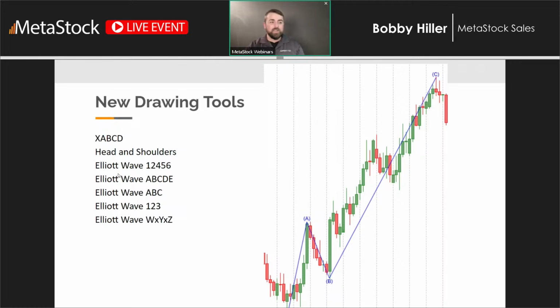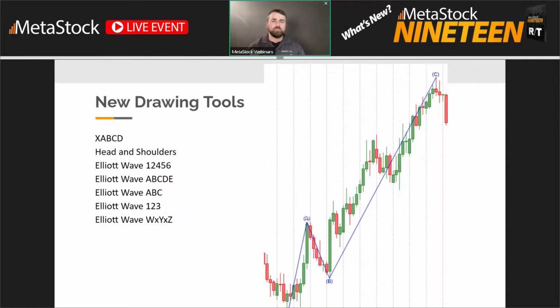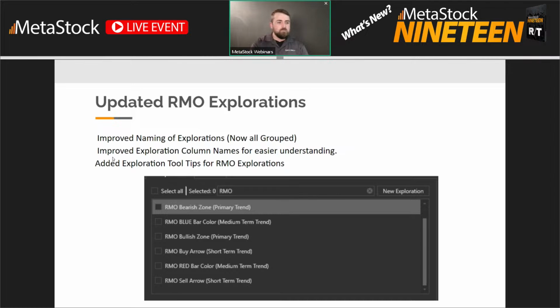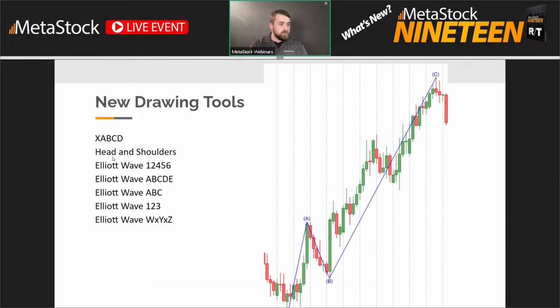There's also ways of customizing these a bit on your own. You can add parentheses on them or different symbols here. So if you're using some other certain types of methods, or you're trying to put your own different types of identifications on there that we didn't just automatically include, you can customize those and set up your own for how you want them to be. We also, did this show?